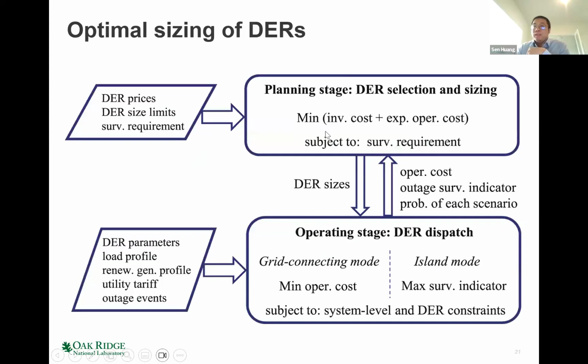So what does that mean? That means we will consider two stages in the optimization. The first stage is very simple. We take, for example, the price and also the limit into the input process,